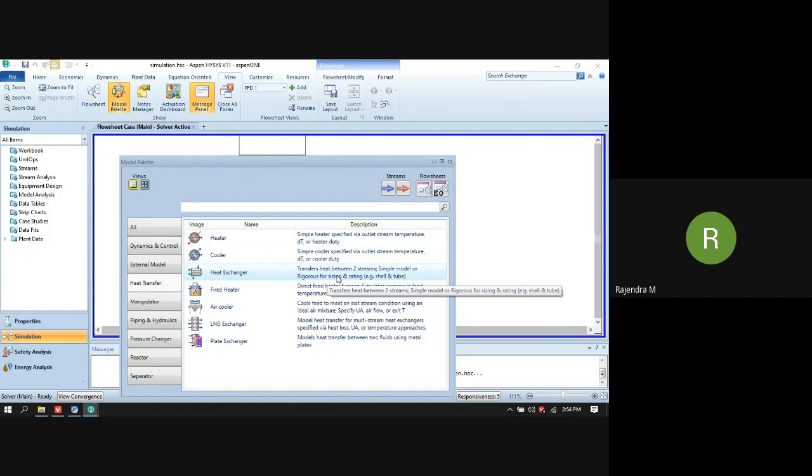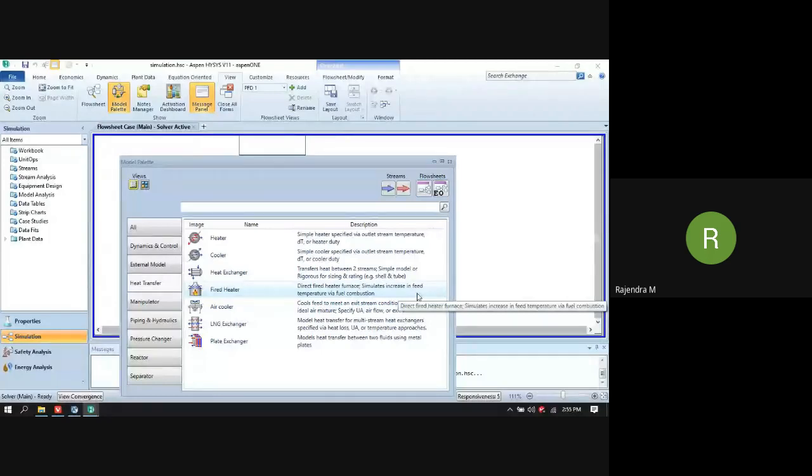Then we have the fired heater. In petroleum refineries, fired heaters are used in general to heat crude oil by using gas or some equivalent fuel. So it does a kind of furnace calculation. A direct fired heater is a furnace. The tubes are directly exposed to the flame.